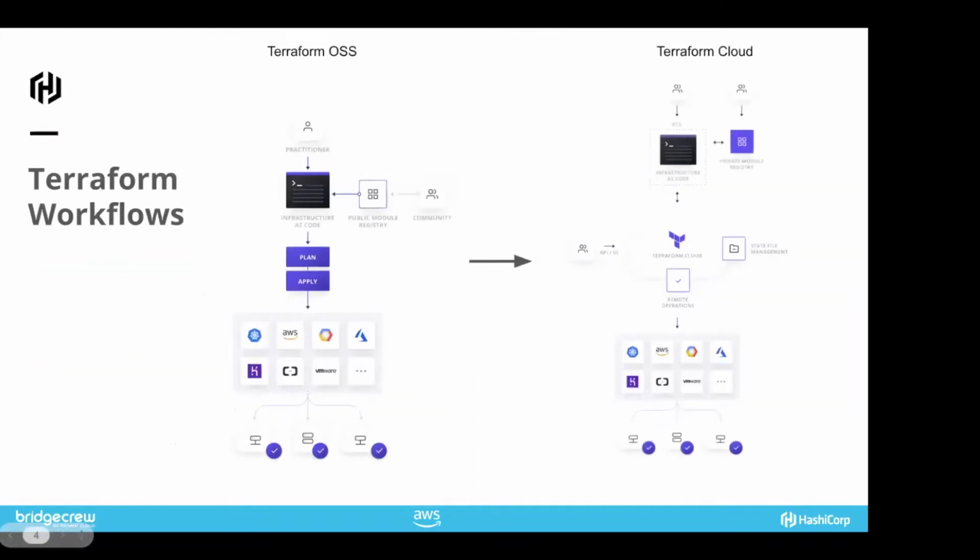So this is on the left-hand side. Terraform is obviously an open source core, and that's the workflow where you have the practitioner writing some Terraform code on their local machine, and then using plan and then apply to first see what the change is going to be, and then able to deploy code in all these different